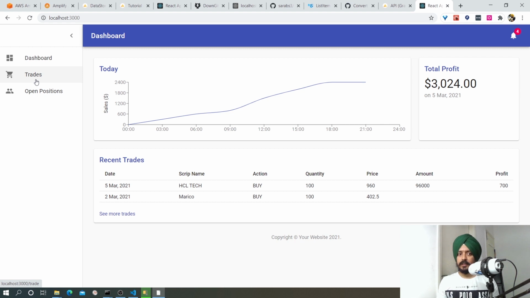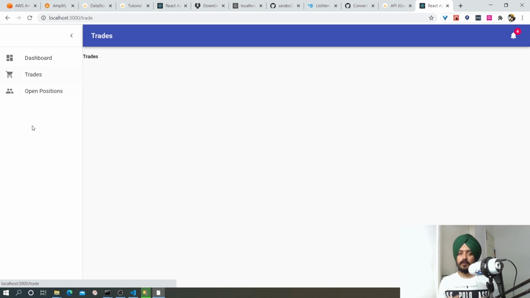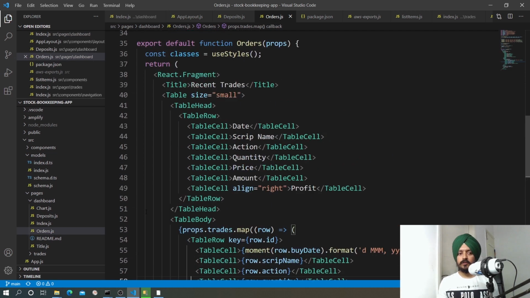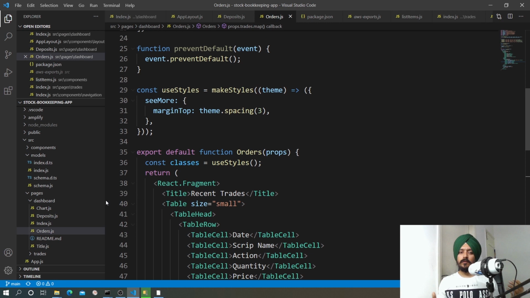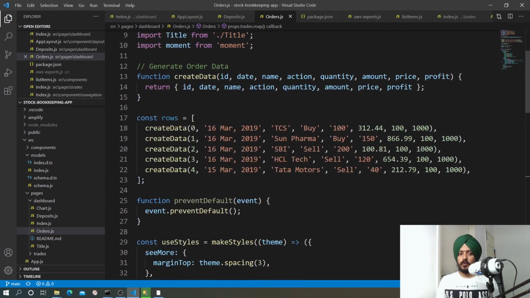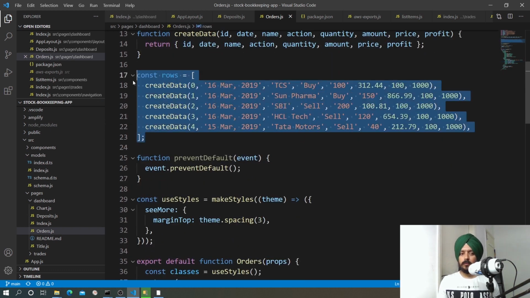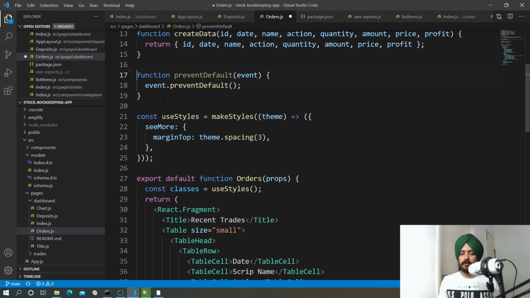Now let's create the trades page, because ideally we want to show all of the trades on that page, because on the dashboard we are just going to show a recent 5 or 10 trades, and then the user will click on see more trades and go to that page, and we will have filtering, data sorting, all of that stuff on that page. So before that, let's clean up the order.js. I'm just removing the unused function and variables from this file first,